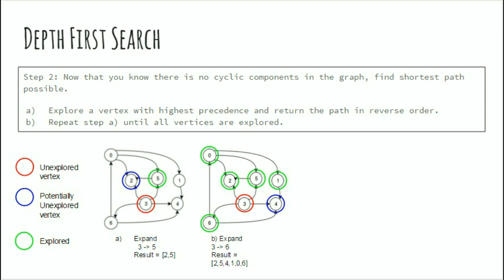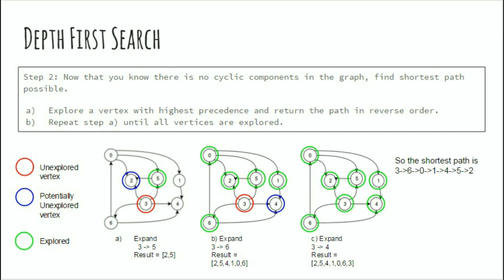So we visit 6 to discover that it goes from 0 to 1 and ends up at 4. Note that 6 is also connected to 4, so we mark 4 as potentially unexplored, 3 as still unexplored, and 6, 0 and 1 as completely explored since there are no further paths from them. Thus we push the result in reverse order, that is 4 to 1, 1 to 0 and 0 to 6. Now we visit 4 from 3, which is still potentially unexplored, to discover that it has no further edges. Thus we mark 3 and 4 as completely explored and push 3 to the result.